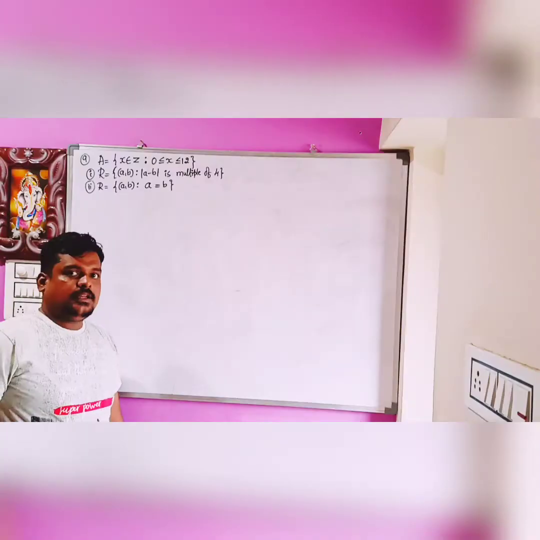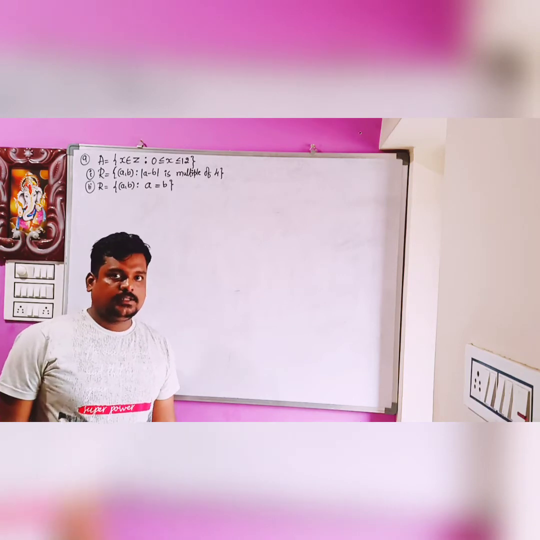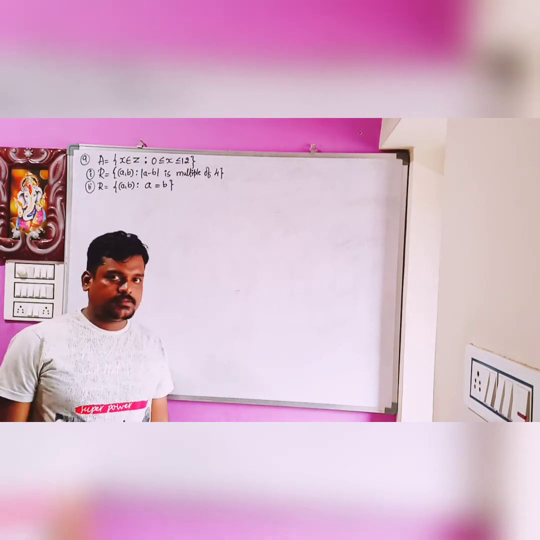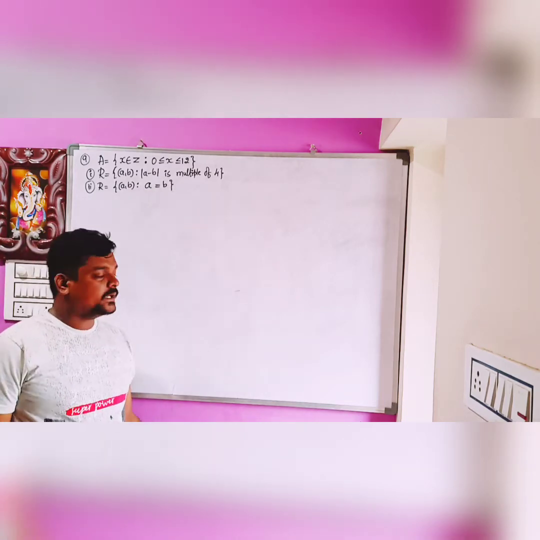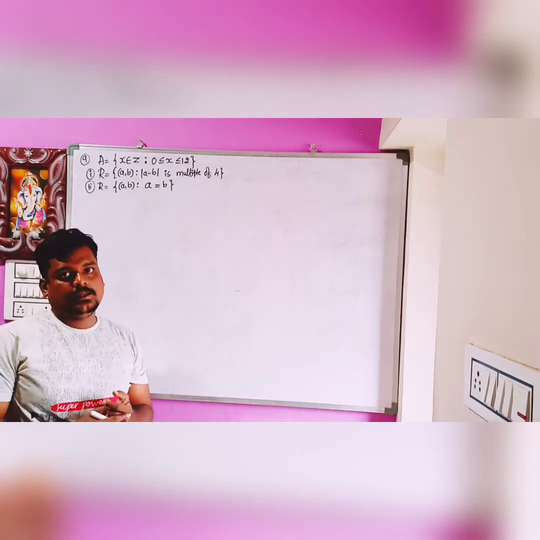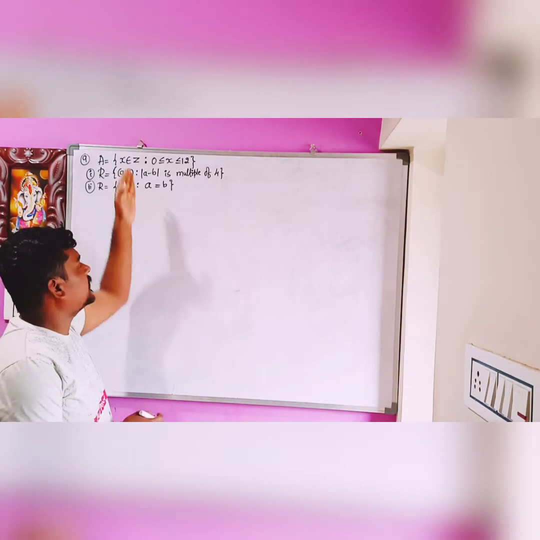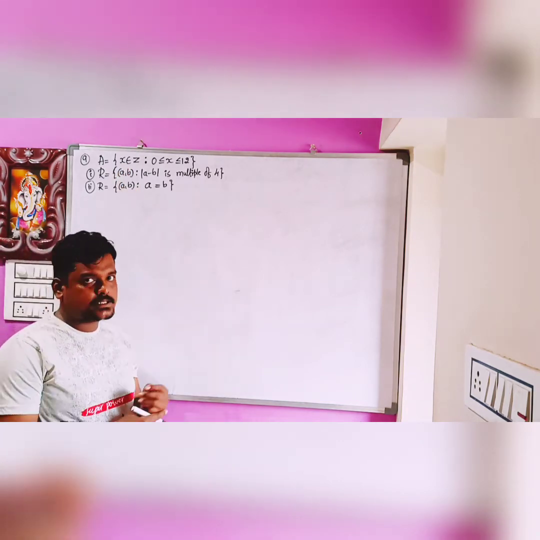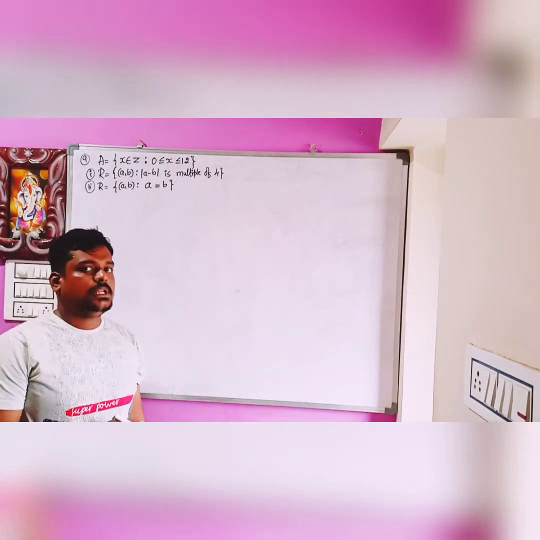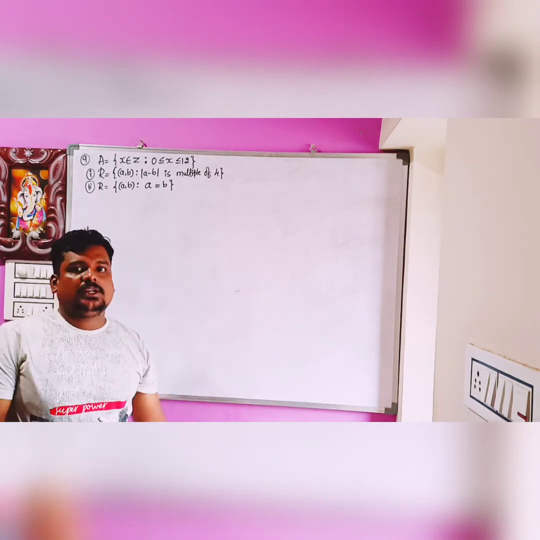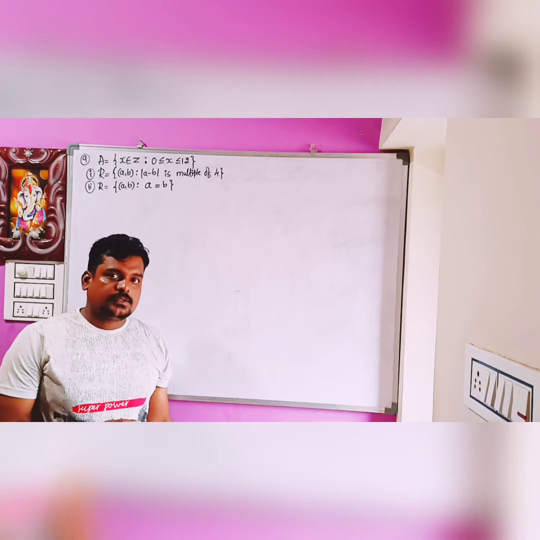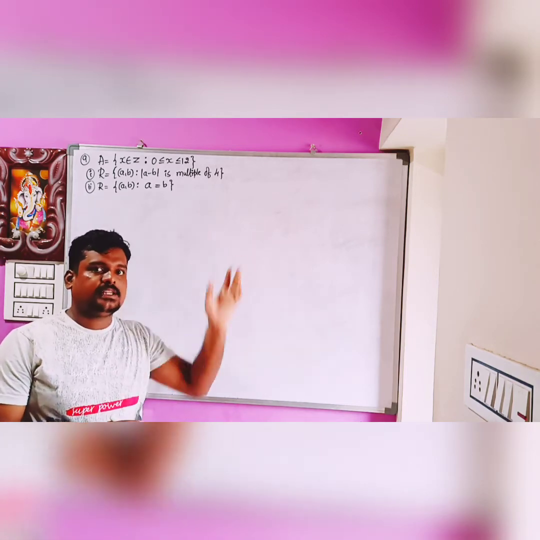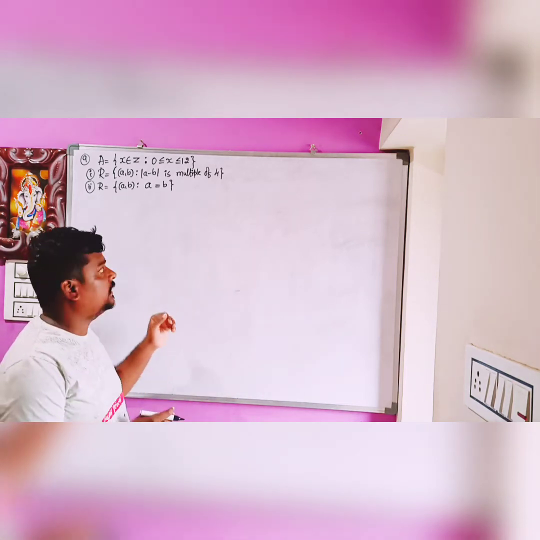Now we discuss question number 9. In that there are two parts: mod(a minus b) is a multiple of 4, and a equal to b. See, this relation is defined on a set A, a set of integers lying between 0 and 12. It is almost similar to question number 8. So what we discussed in the previous example, the 8th question,